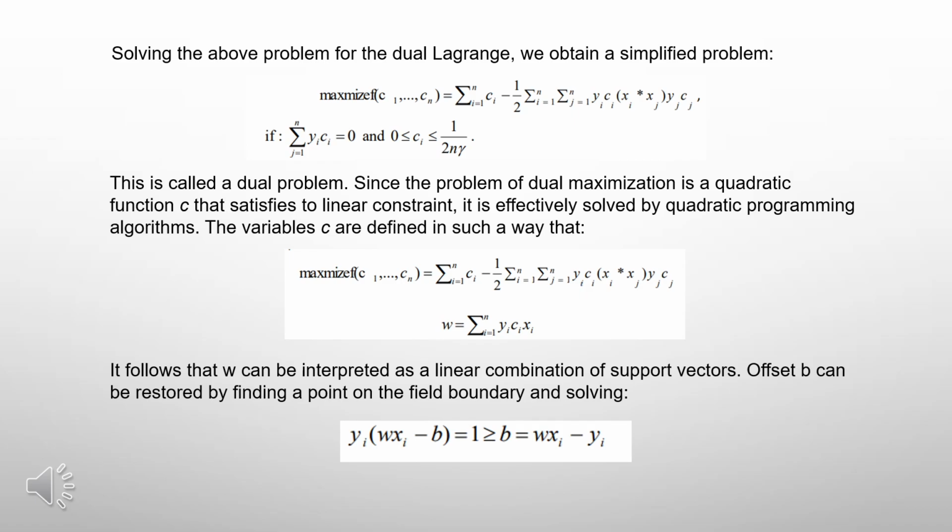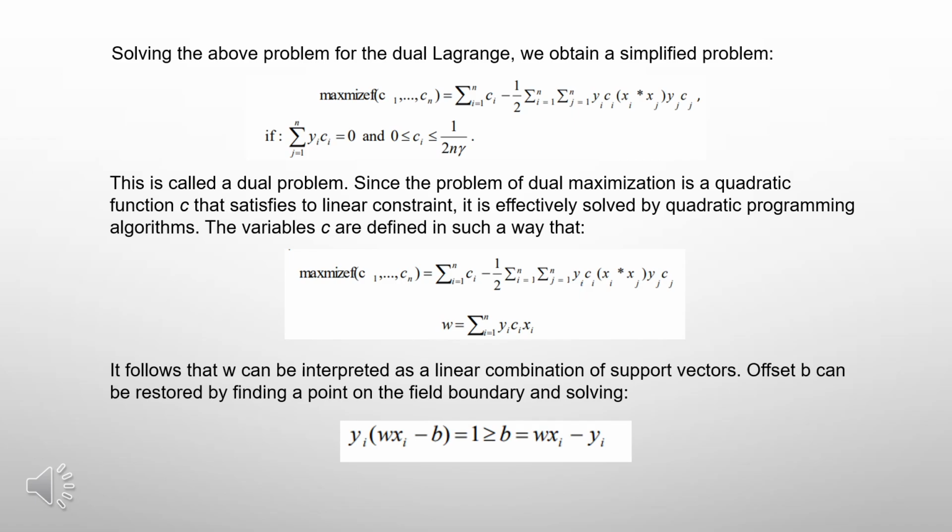Solving the above problem for the Lagrange dual, we obtain a simplified problem. This is called a dual problem. Since the dual maximization problem is a quadratic function of α that satisfies two linear constraints, it's effectively solved by quadratic programming algorithms. The variables α are defined in such a way that